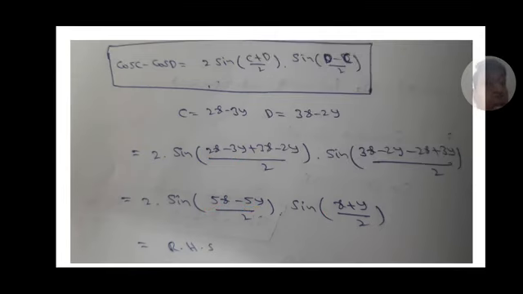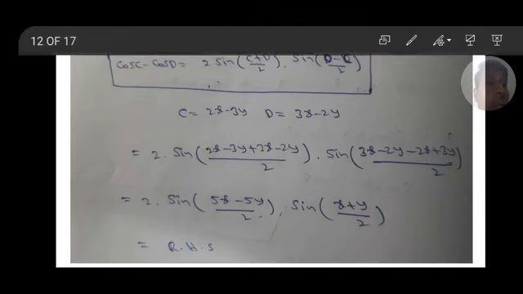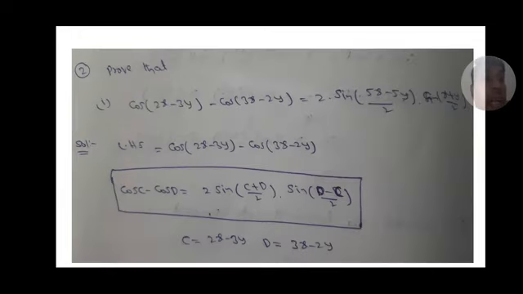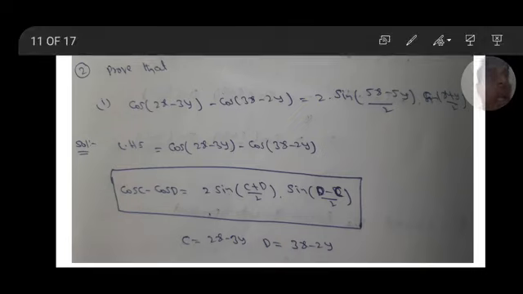That is the RHS: 2 into sin of (5x minus 5y) by 2 into sin of (x plus y) by 2. Only the cos c minus cos d formula is used. The given LHS is of the form cos c minus cos d. Substitute 2 into sin of (c plus d) by 2 into sin of (d minus c) by 2, where c equals 2x minus 3y, d equals 3x minus 2y, and simplify, you get the answer. Next